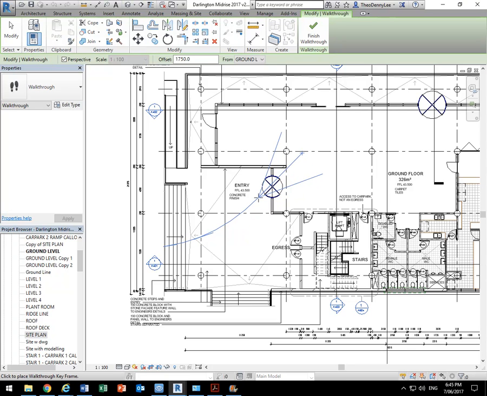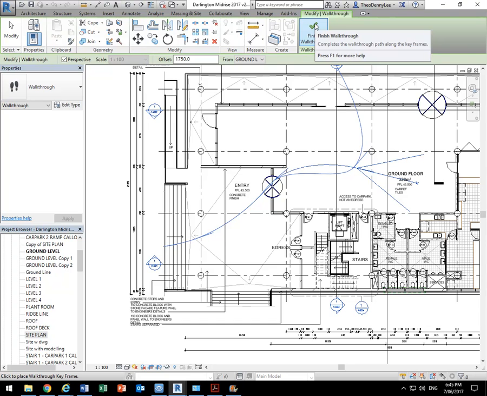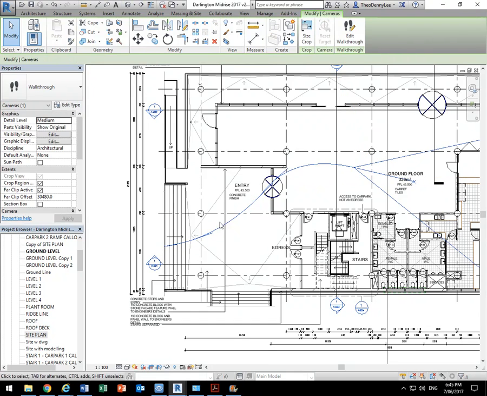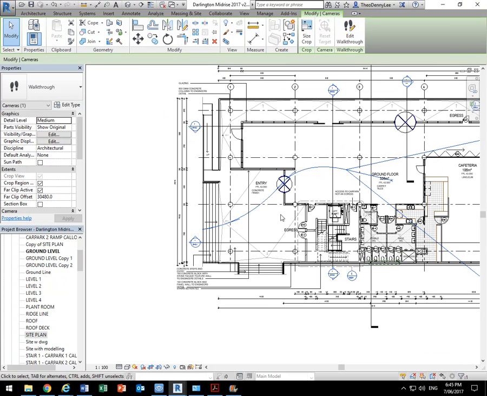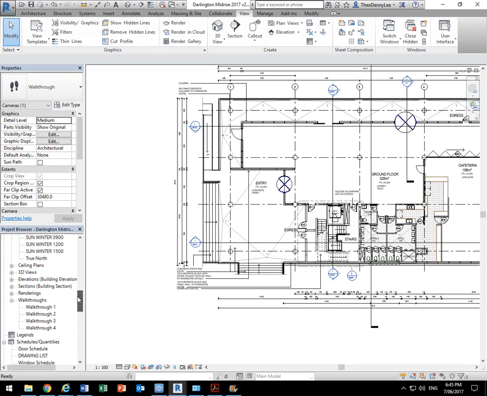So again, try to place the points fairly evenly, and then we'll go through the revolving door here, and maybe come around again here. So I'll finish the walkthrough there. And so you can see my path in the plan view, but now I'm going to go to my